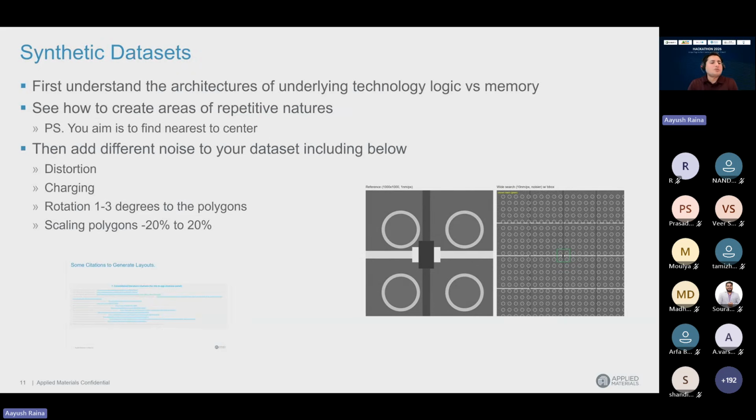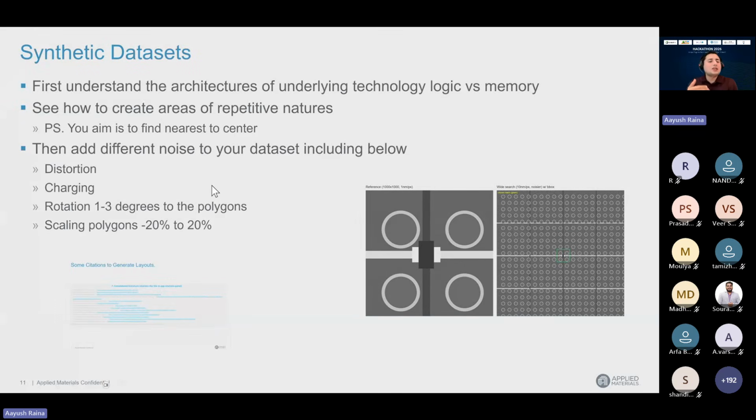We don't expect that you learn every part of this. You can see visually and add noise and check that yes, the noise looks real and how it shapes. But focus more on the first part. Try to understand the architecture, technology, logic, and memory, so that you can create the right images first of all.